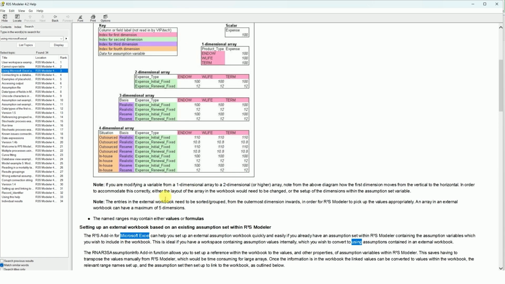For arrays with more than one dimension, the first dimension needs to be set up as columns, and the second and subsequent dimensions, with a maximum of 5, as different rows, as shown in these examples. In the next videos, we will show how to set up assumption set variables to read from an external Excel file.